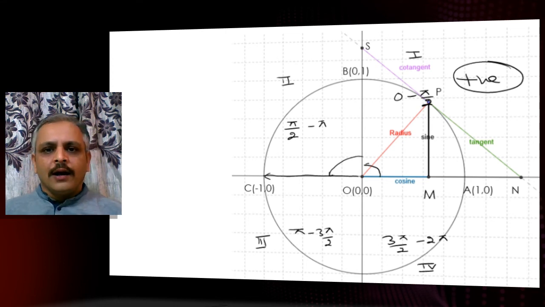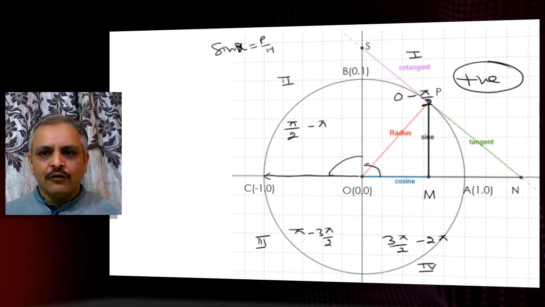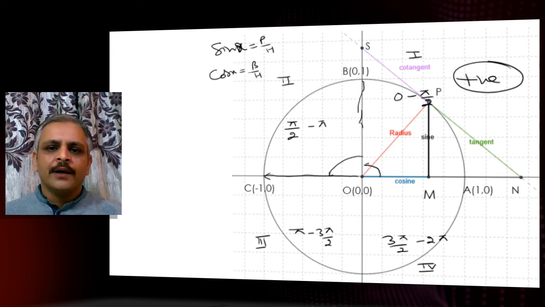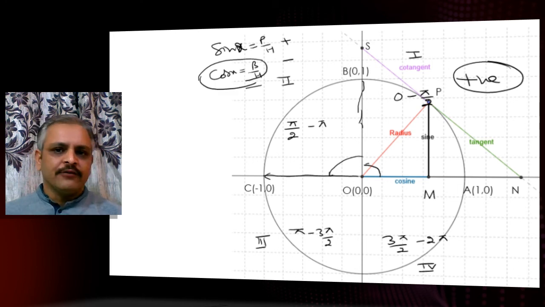As we know, sin x is perpendicular by hypotenuse, so base is not involved, so it will be positive, because perpendicular is positive but base becomes negative, and cos x is base upon hypotenuse, so it will become negative. Okay, sine positive, cos negative, then tan will also become negative,